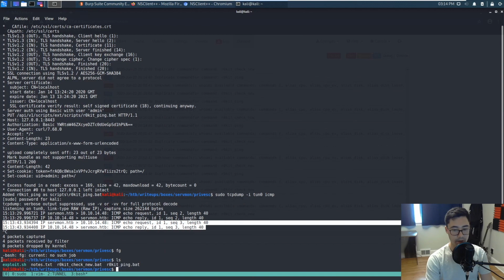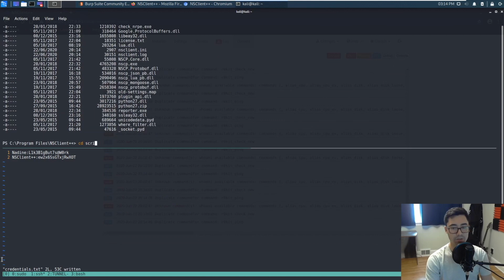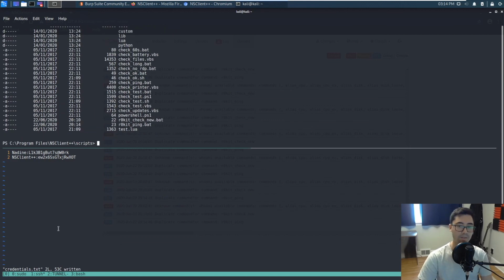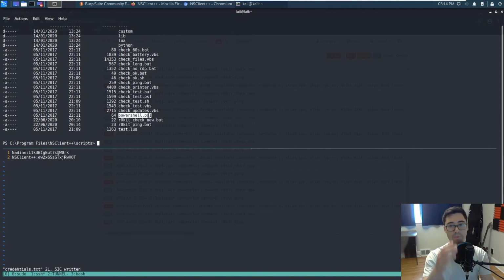So let's copy rocket ping.bat. Well, actually, before we do this, maybe we can go into the scripts directory and look at what other scripts they have. In this case, they have PowerShell.ps1, and this might give us an example for how we might want to create a PowerShell script. So gc PowerShell.ps1,